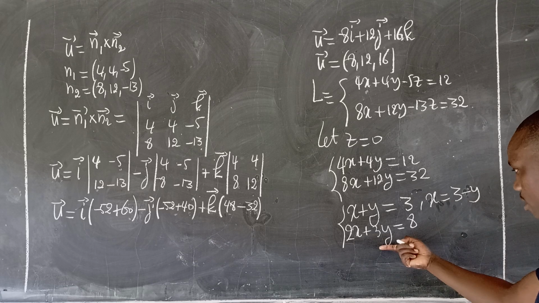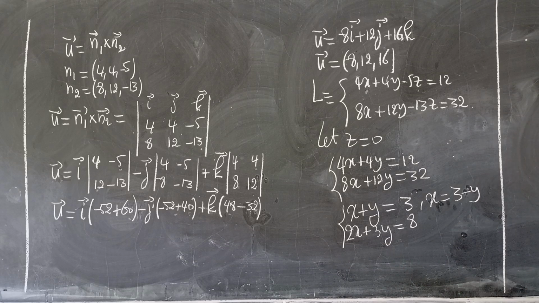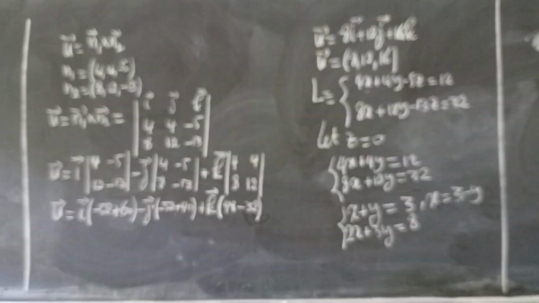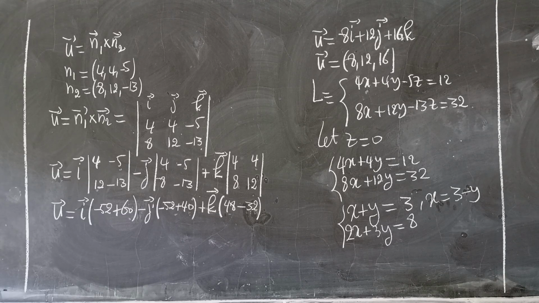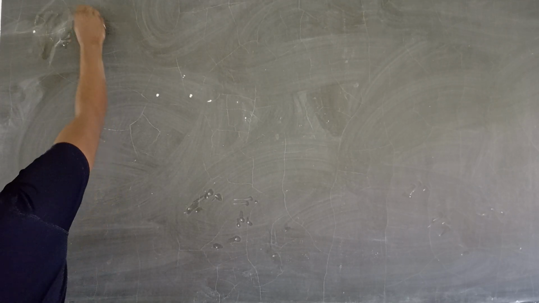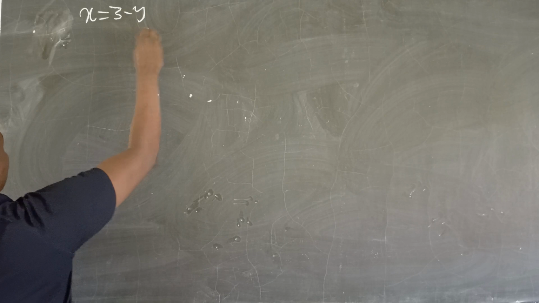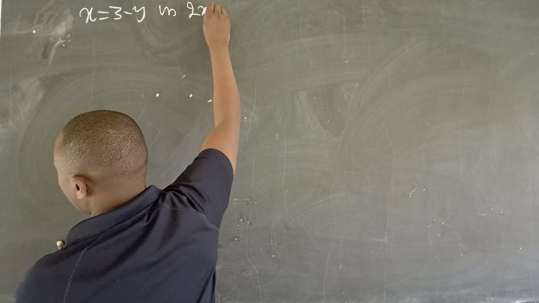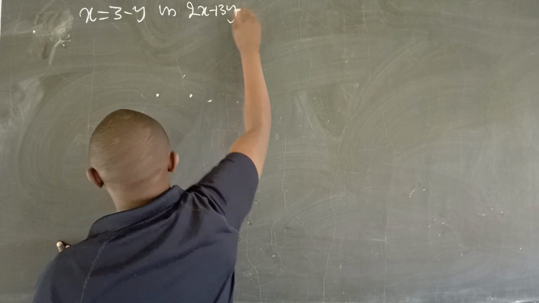And take this x here. Taking x here, we have 2 into, I'm sorry. Let's keep continuing. Replacing x, which is 3 minus y, in the equation 2x plus 3y, which is equal to